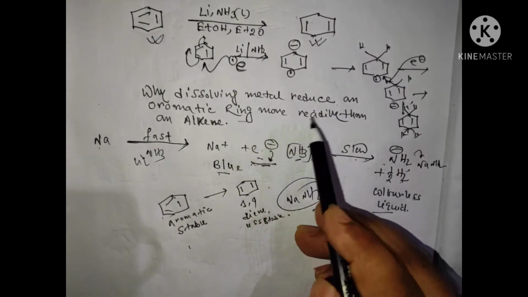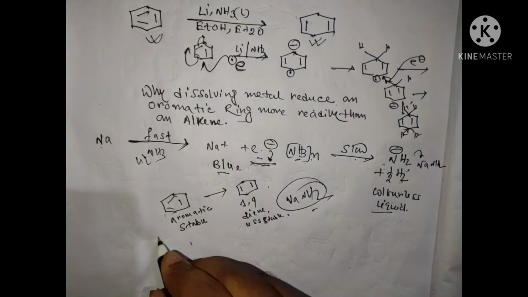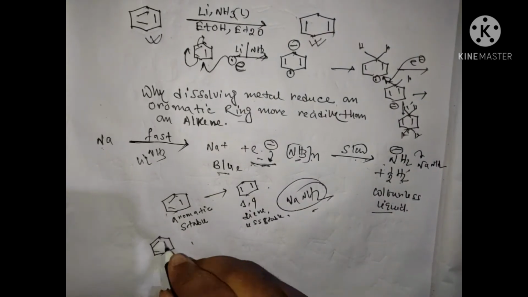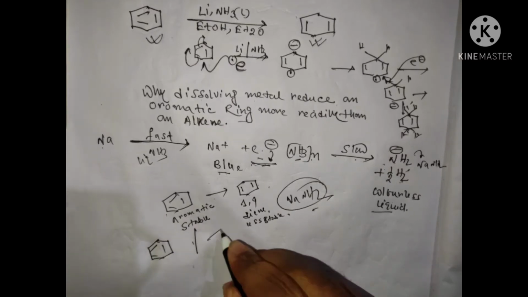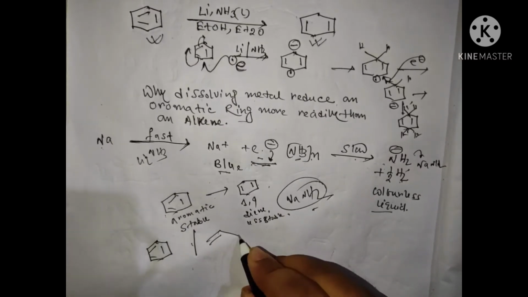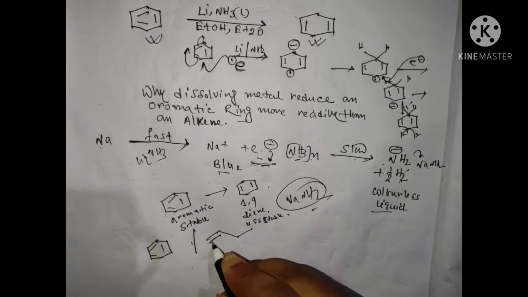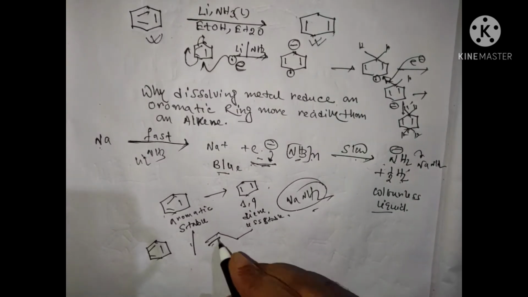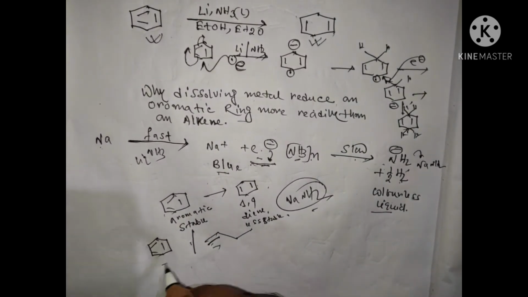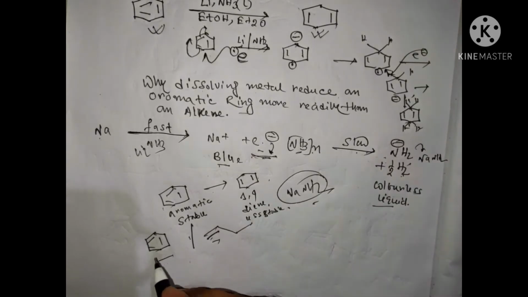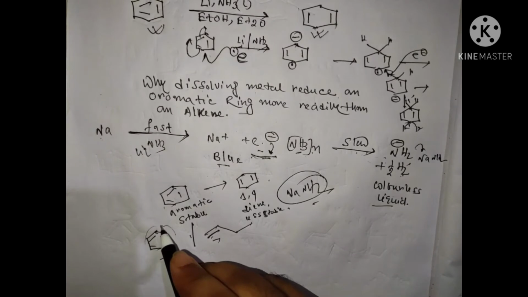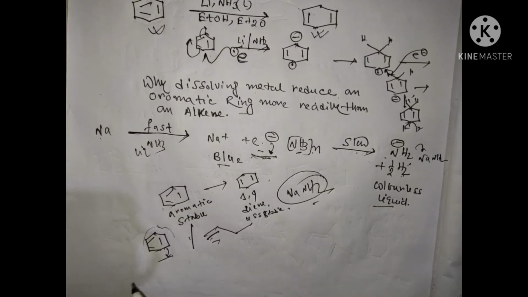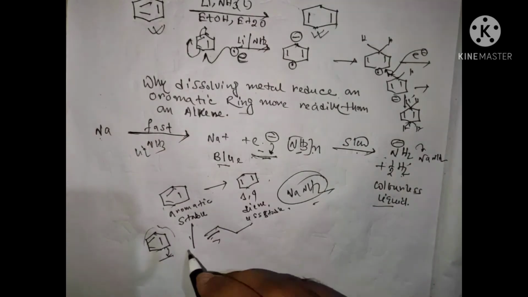This is more stable, right, than alkane. So if we compare the reduction of benzene with respect to any alkene, let's consider this alkene and this benzene. We always see that the rate of the Birch reaction is always higher in the case of an aromatic compound, aromatic benzene,